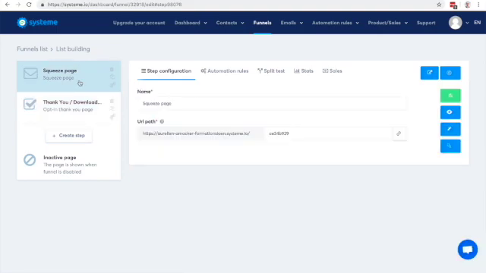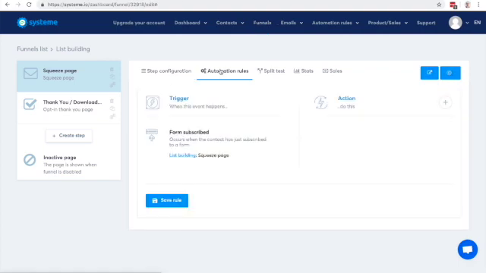So what I'm gonna do is that when people opt in, I want people to be tagged. That's very important. So I'm gonna create an automation rule that says that when someone opts in to this page, he will get the tag that I created. So here I have the trigger. It's already selected because the automation rule is set right into the sales funnel step. So when a form is subscribed and it's this sales funnel step, it's this form on this quiz page, then